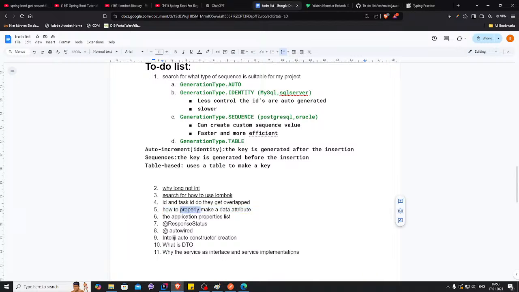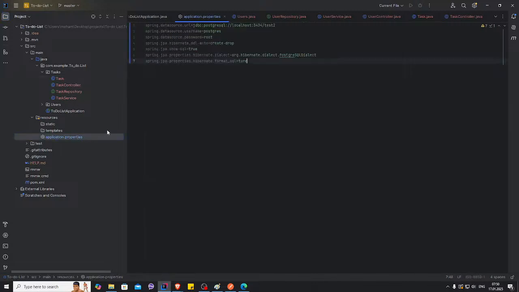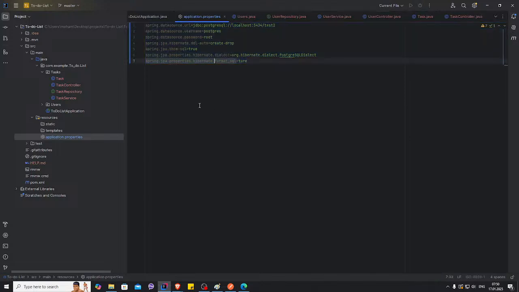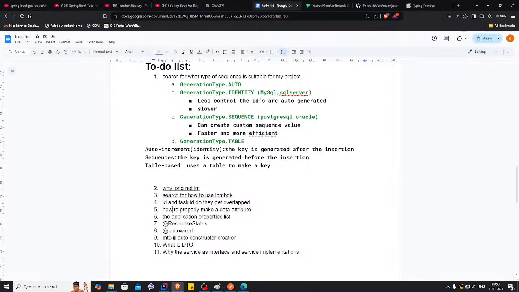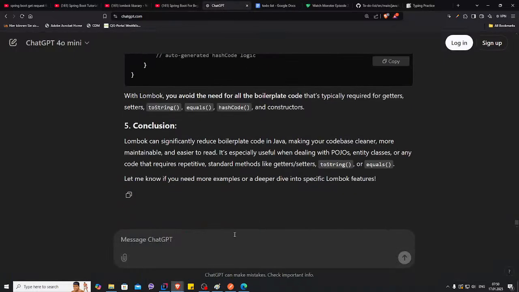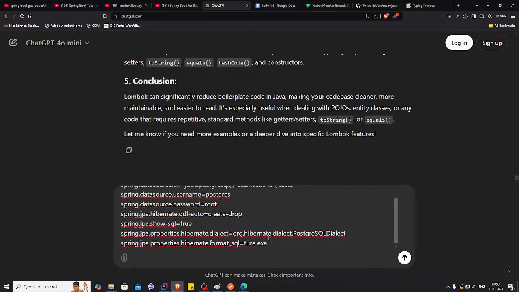Yes, now the application property list. And by that I mean this thing. Instead of actually copying and pasting it every time, I would want to write it by myself, but I'm not sure what. I'm sure of the functionality of all of it, but